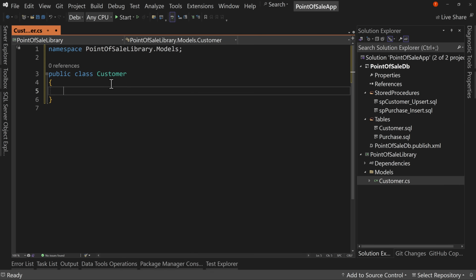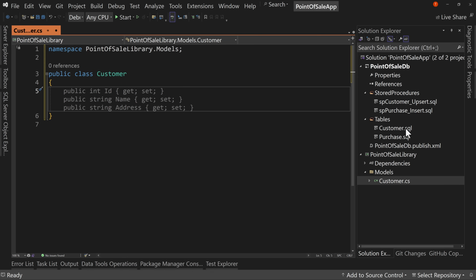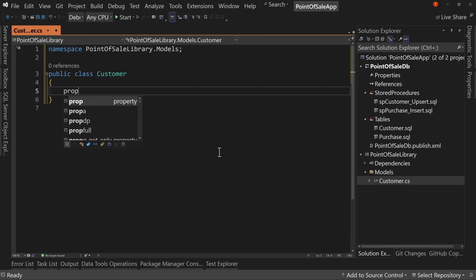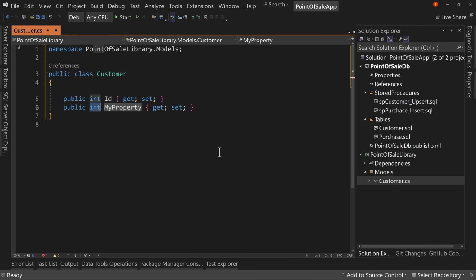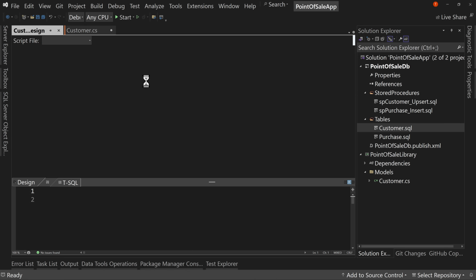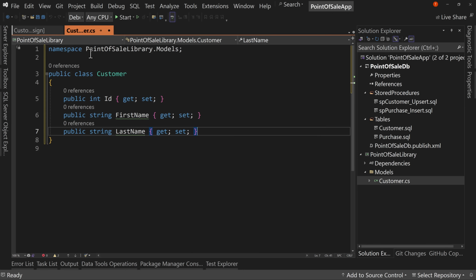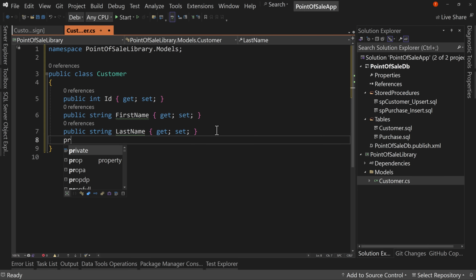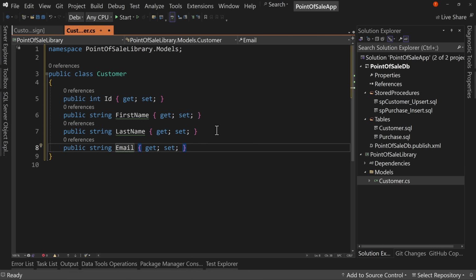And then what we're going to do is match what we have in the customer table, which we do have an ID that's an int, but then we have a string first name, and we have a string last name. So that's our customer record. We also have an email address. So let's put that in there as well. All right. And then we have a set of purchases. So let's go ahead and